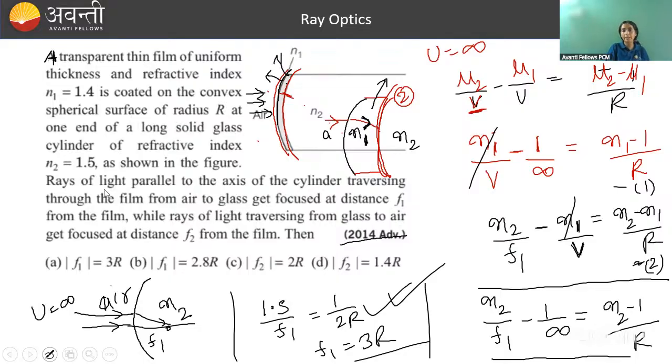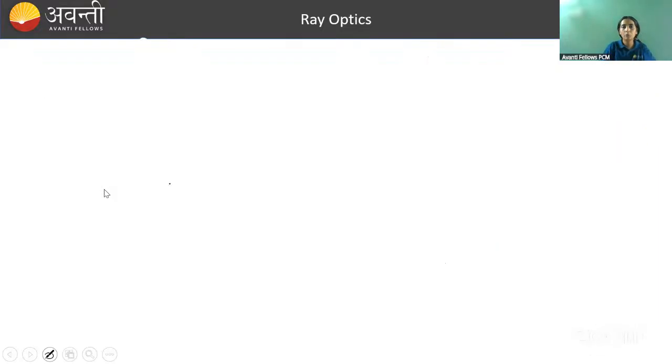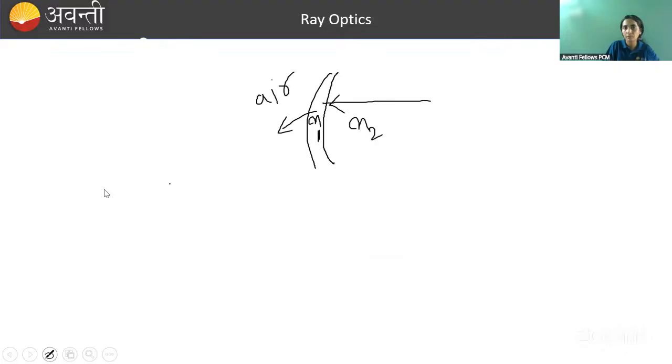when we need to calculate f2, f2 के लिए एक काम करो, अब हमें पता चल गया है कि film is not playing any role, यानी कि this thin film having refractive index of medium N1 is not at all playing any role. So for the other side, simply write it for medium N2 and air. So if you go on to write this, the refracted light is in air,